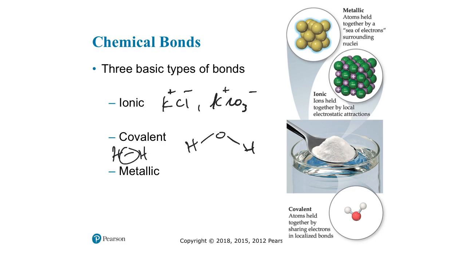Now metallic bonds are the bonds present in things like sodium solid, iron solid, aluminum solid, etc. There are bonds that are holding metal atoms together within their solid structures. Metallic bonding is described in a bit more detail in Chapter 12. We're not going to talk too much about metals in this chapter, but they are held together by what's often